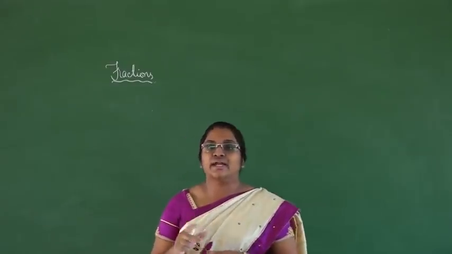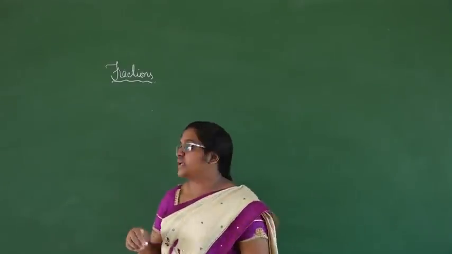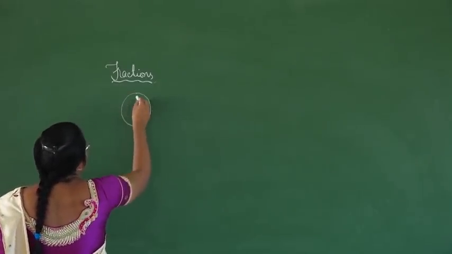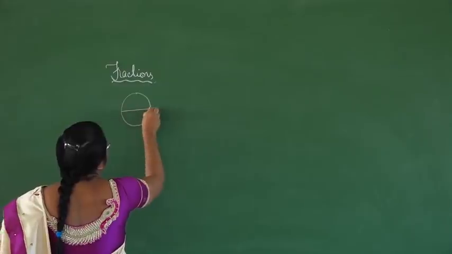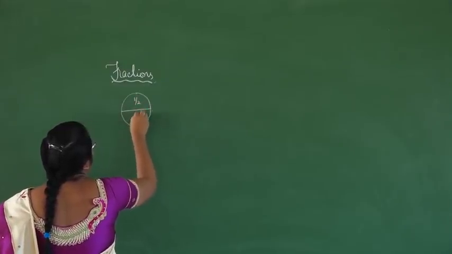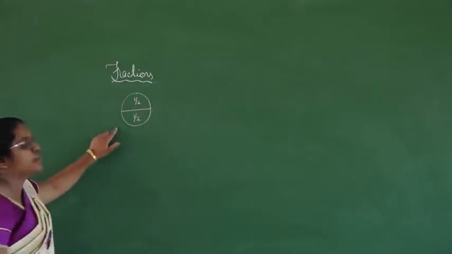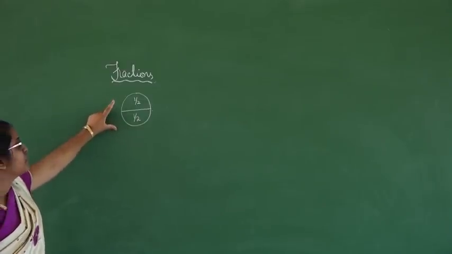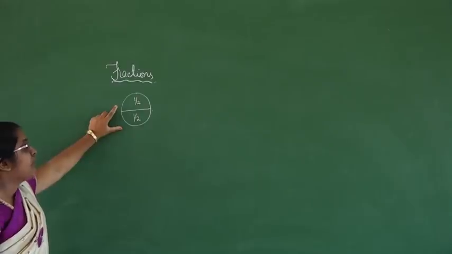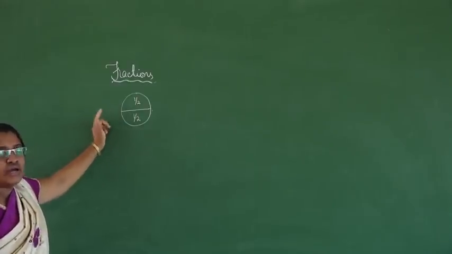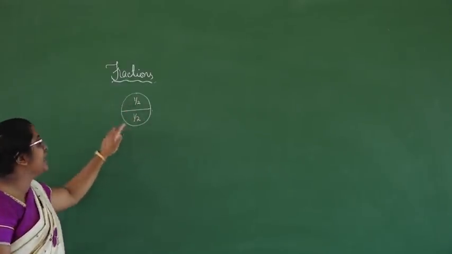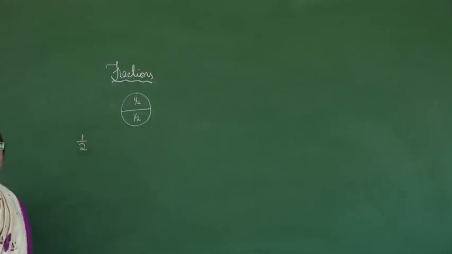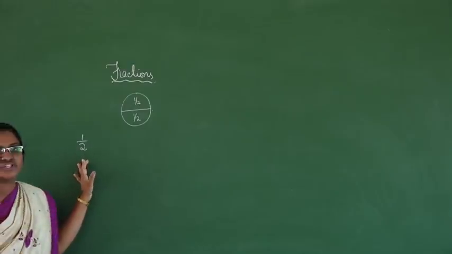So we can tell that suppose one apple is there, and this apple is divided into two parts. This is half part and this is half part. One part of the apple is half part of the apple. The second part of the apple is also half part of the apple. So we can tell that this is a fractional part, 1 by 2. See, this is the fraction.